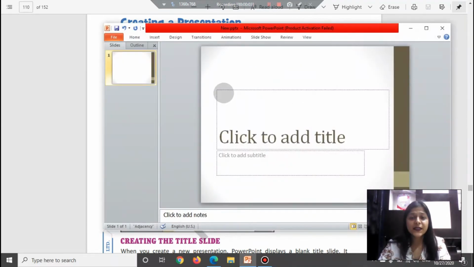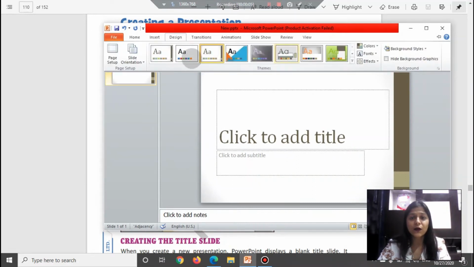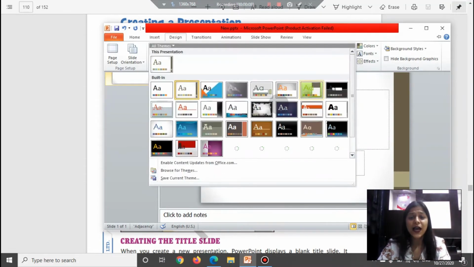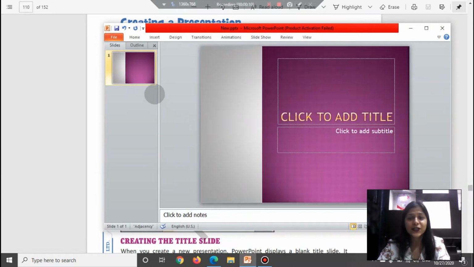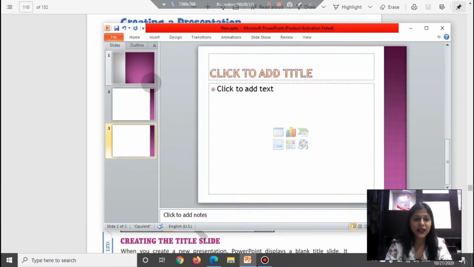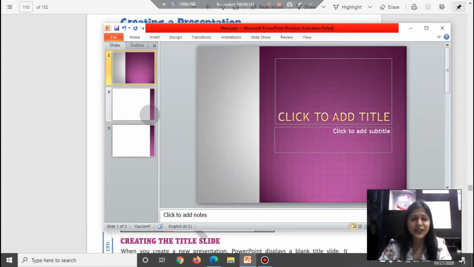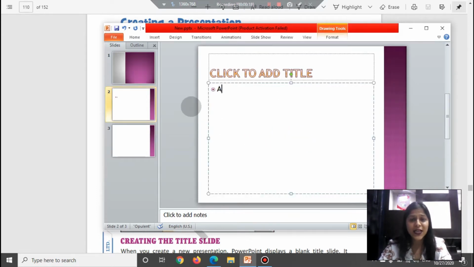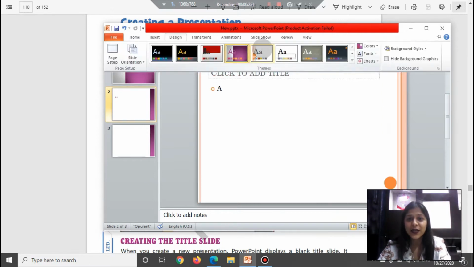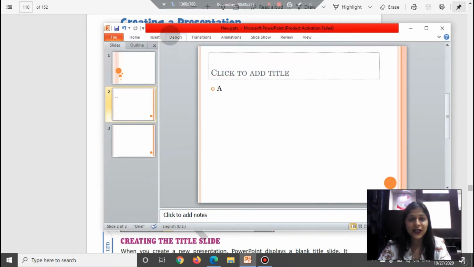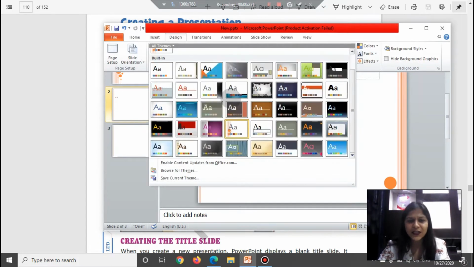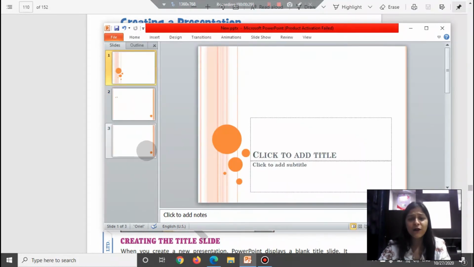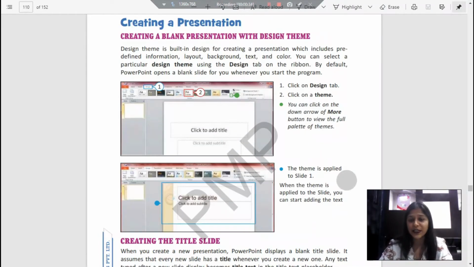Once we're in the design tab and I click on all these themes provided to us, I can select any of them, and I can create new slides in my slideshow, and you can see my background, my font, color, bullet points, everything has changed, and I think it looks more pretty, right? So I can choose this as well as I can choose others. The look and feel of our presentation can be enhanced using these design templates provided to us.